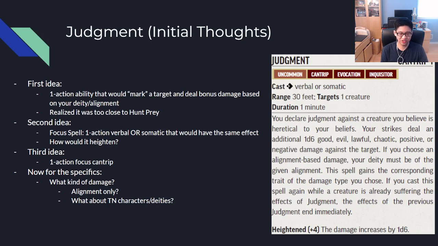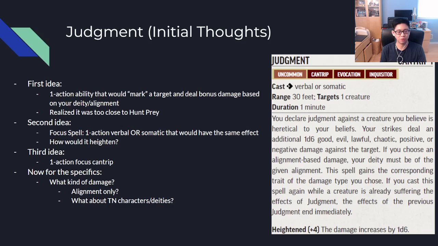It heightens decently well. And initially, when I had the damage types listed out, I would pick alignment. I definitely wanted alignment in there, but also another type of damage that all Inquisitors could access, and they wouldn't feel bad about this choice. So originally, I had all alignments and fire damage. I think fire is very offensive in nature. Paizo loves fire too, so it would be thematic both to the class and with respect to how the first-party developers make their game. I realized this was a bit too narrow in nature,